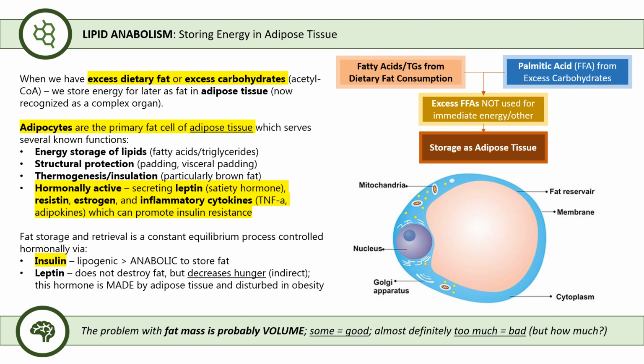But let's talk about what adipose tissue really is. Adipose tissue is an organ made from adipocytes, fat cells with large vacuoles for fat storage, but also serves some other purposes like structural protection, specifically in subcutaneous tissue, but also things like thermogenesis and insulation, in particular with brown fat, as we'll specify. But adipose tissue has also been found and is more recently studied to have endocrine functions,